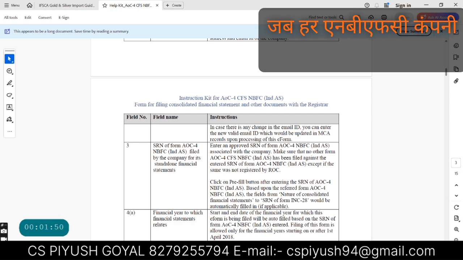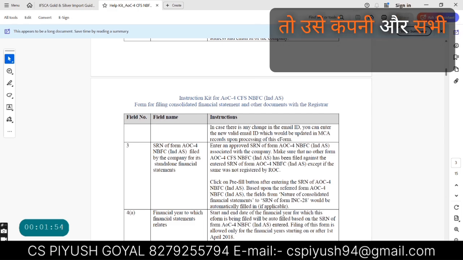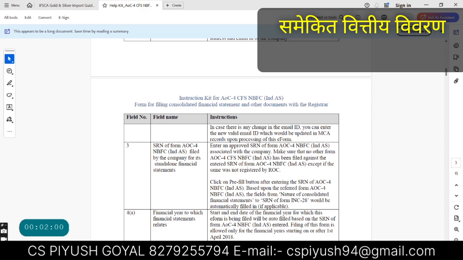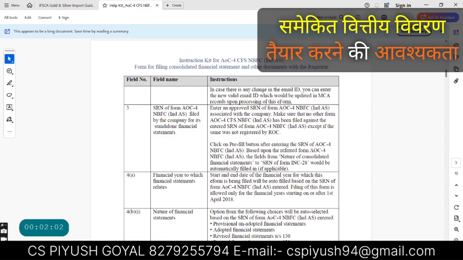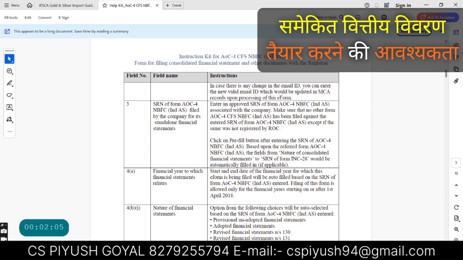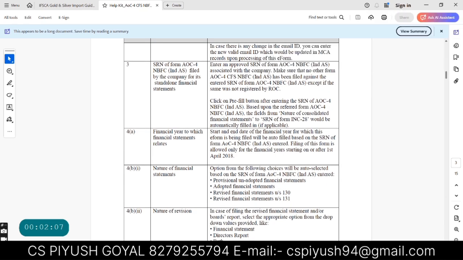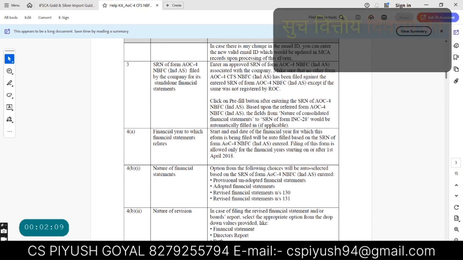If you are filing AOC-4 CFS NBFC, then the SRN of the AOC-4 for standalone financial statement is required. Then mention the financial year to which the financial statement relates, right? Then mention the nature of financial statement. If it's an unadopted financial statement, mention unadopted financial statement. If it's an adopted financial statement, mention adopted financial statement.